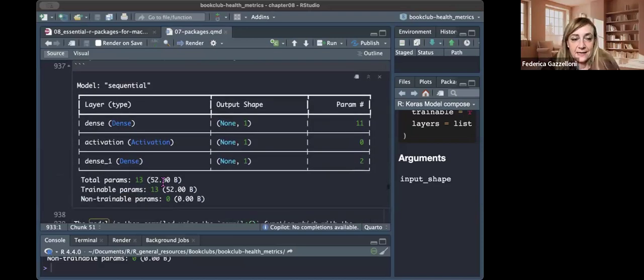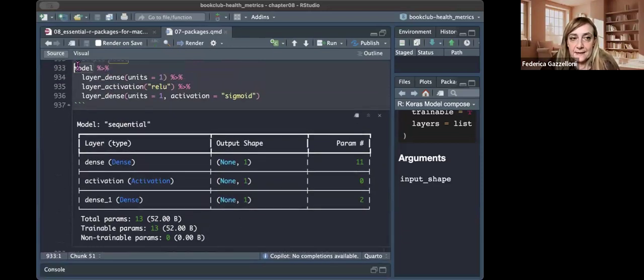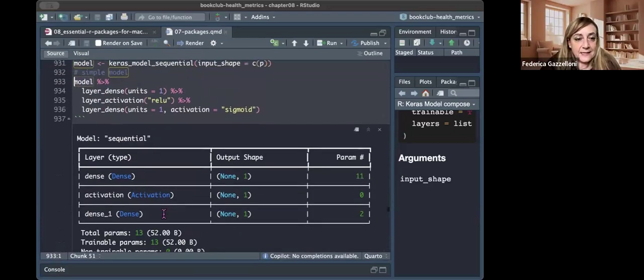And here, if you want to have a look at the specification of the model that we have just built,